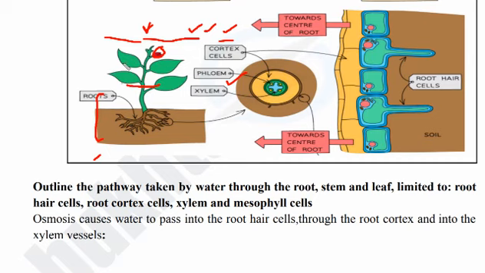The plant transports things from one part to another with the help of the vascular bundles, which are named xylem and phloem. The position of xylem and phloem in the root is different, in the stem is different, as well as in the leaf is different. We're going to discuss that later, but right now we are going to discuss only the position of xylem and phloem in the root, and then later on we're going to discuss the stem as well as the leaves.